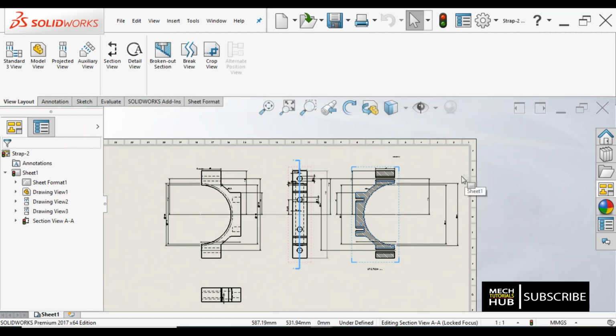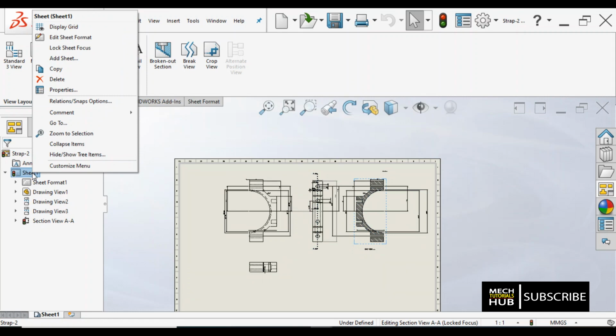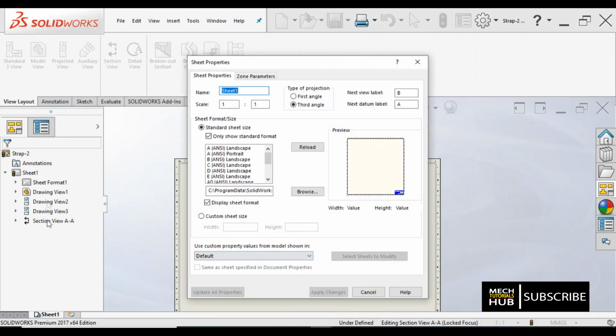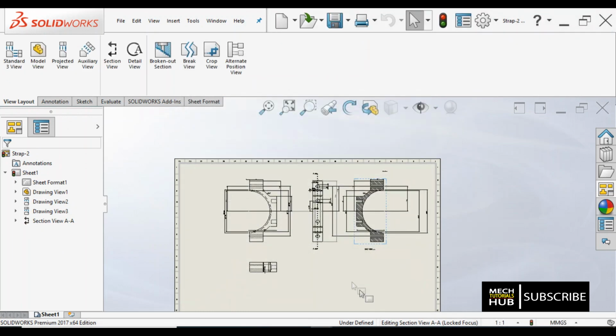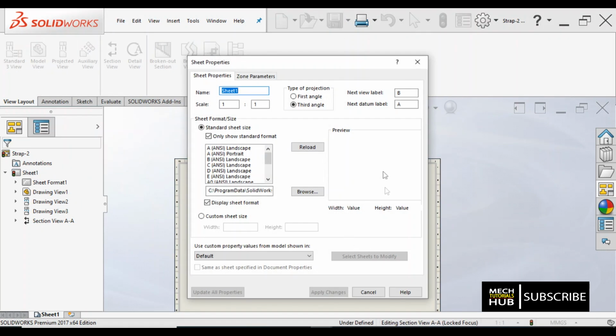Okay, other than this, if anything else is required, these are the things I would like to focus on. As you all know about these simple common things. And coming to the sheet, right click on the sheet and go to properties. This is one more important point that you need to focus on. What I did is go to the sheet, where this particular sheet I have selected, right click on it, go to properties.